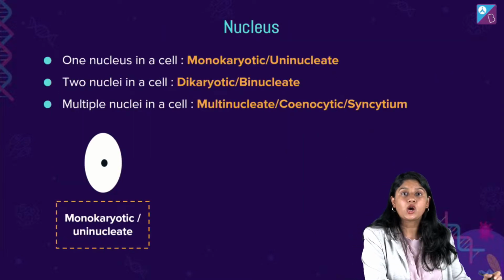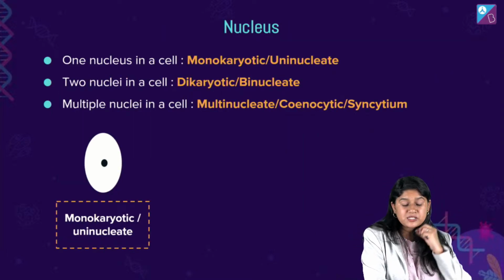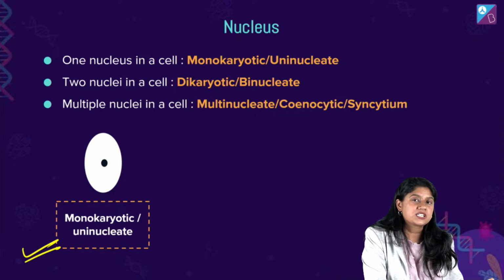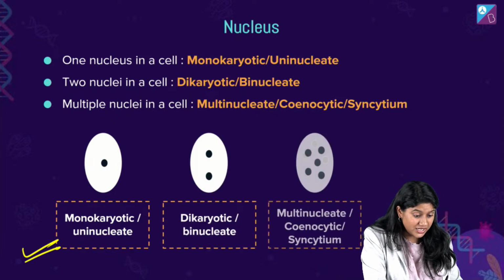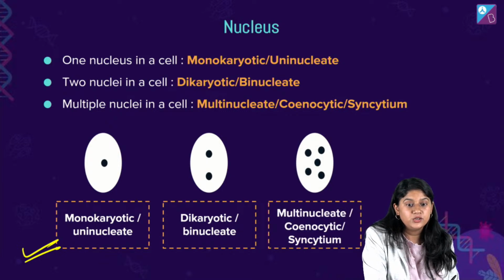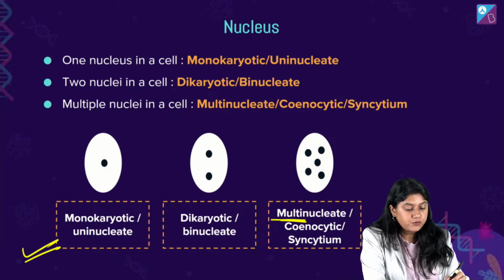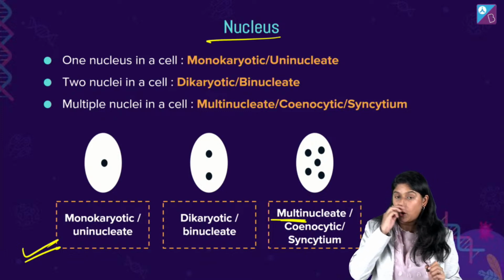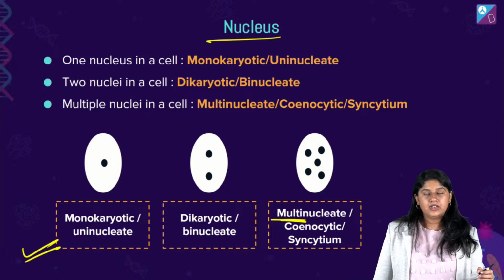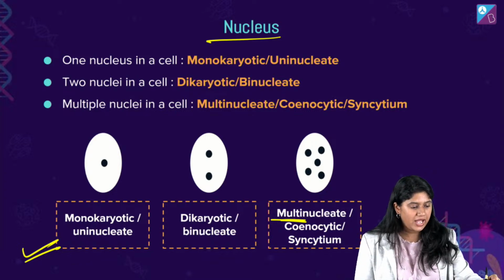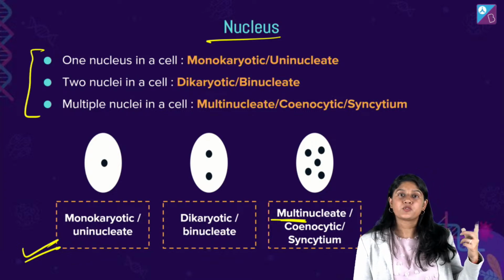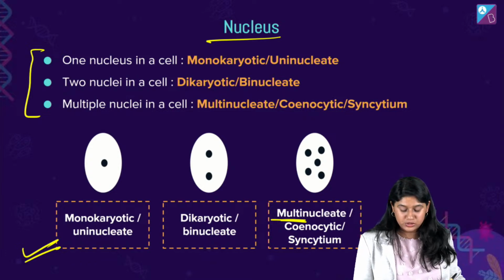Let's move ahead and let's talk about the nucleus. बहुत सारे सेल्स में क्या होगा, हमें एक सिंगल न्यूक्लियस भी रहेगा, ठीक है. बहुत सारे सेल्स में हमें दो न्यूक्लियस दिखेंगे और बहुत सारे सेल्स में हमें बहुत सारी न्यूक्लियस दिखेंगे, right? We'll see multinucleated. Now of course this also depends on the activity of the cell, right everyone? Clear? So we have one nucleus, two nuclei and multiple nuclei also.